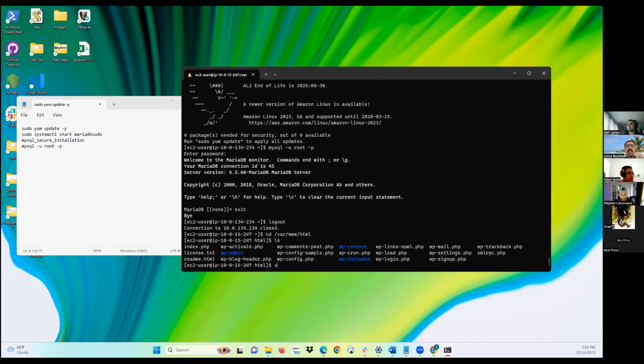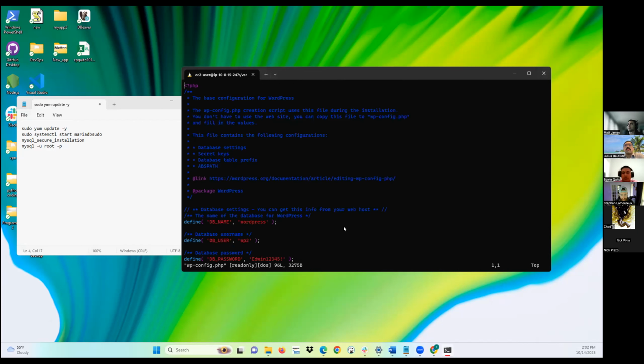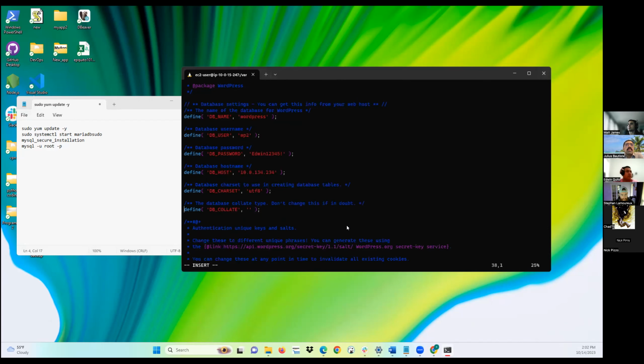You're going to want to go to your wp-config.php and make sure that all the placeholders that were in here are filled with the right information, and your DB host is going to be the private IPv4 of your private instance. Then once everything is put in correctly where it's supposed to be,